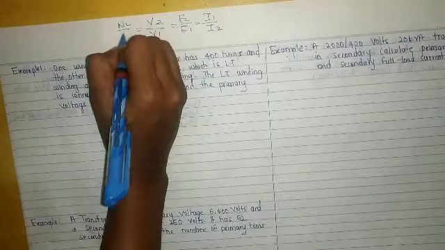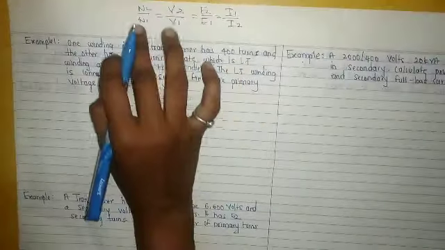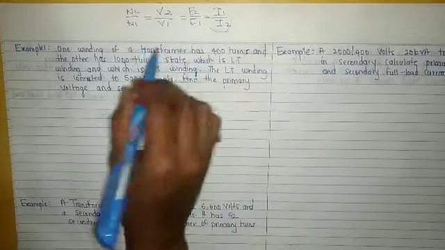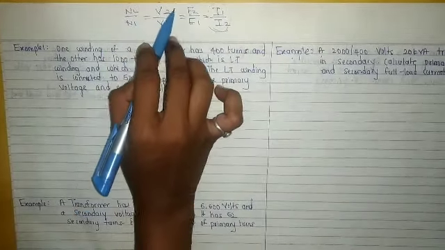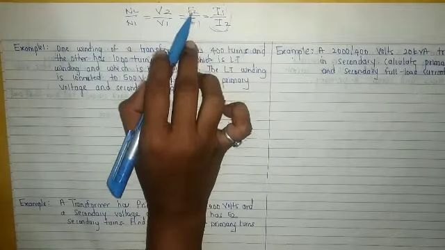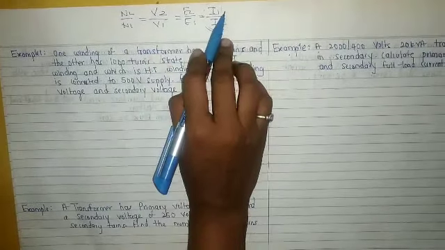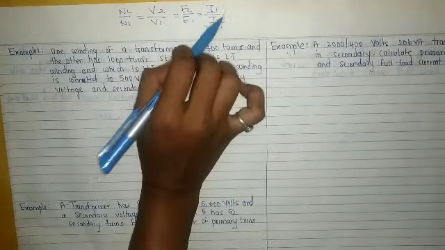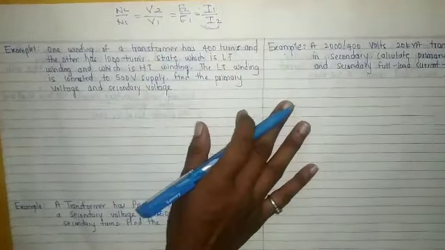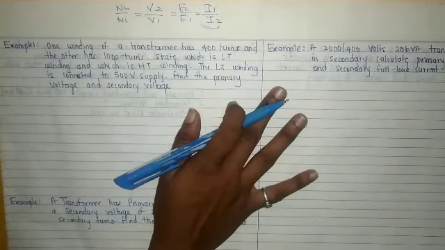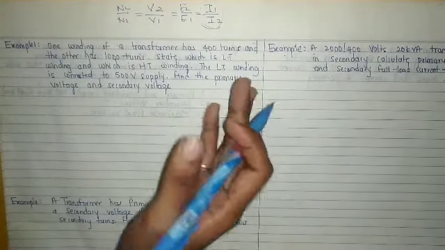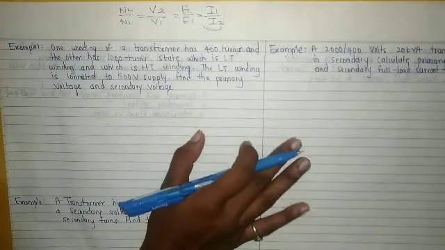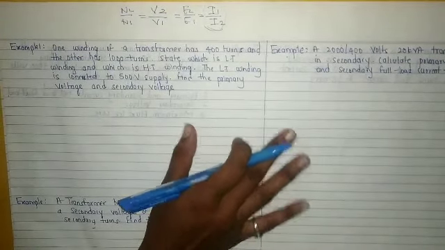N2 divided by N1. So remember, only the term of current I is reversed, or everything is N2 divided by N1, V2 divided by V1, E2 divided by E1 and I1 divided by I2. So just remember this, the term of current is reversed. So the numericals are such that they can score you marks. So just try to attend numericals, and they are asked for the board exams.